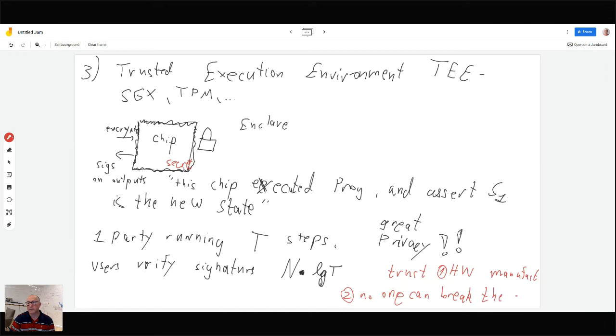the enclave. So maybe the hardware manufacturer was very trustworthy and didn't leak any of these secrets or reveal them outside, but maybe there is a physical process, because if you get this physical chip, then somewhere inside its atoms, the secret is encoded. So maybe there might be the secret key. And once you have the secret key, you can extract it and you can decrypt stuff. For instance, the privacy gets ruined, and you can also ruin integrity because you could sign any statement, even outside the chip. So you also have to assume that no one can break the enclave and learn the secret.